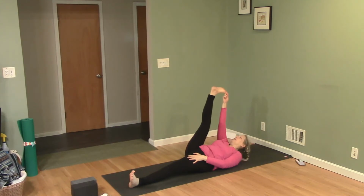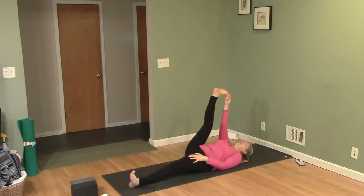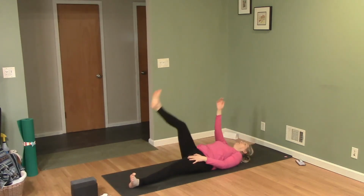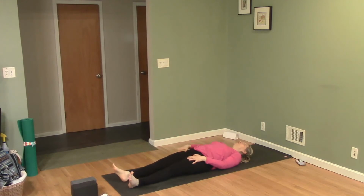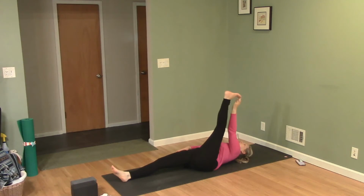And 5, release the neck, look to the left, open the leg to the right, 5 breaths here. And 5, inhale, bring it back up, lift the head for just 1 breath, exhale the head down, release the right foot, right hand goes on the right thigh, left hand ready to receive the left foot, whatever works for